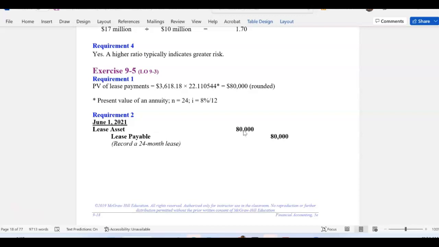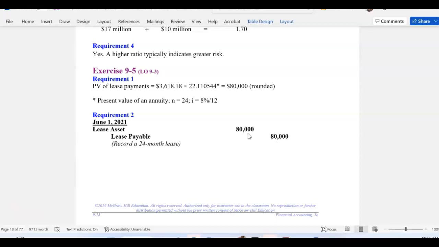That's $80,000 in this scenario. And then you recognize the lease liability, which we call lease payable. This way, GAAP says it's more clear to stakeholders, like creditors and investors, to see this obligation in your balance sheet, because your balance sheet will show a lease asset at the top, and also at the bottom in the liability section will show a lease payable,